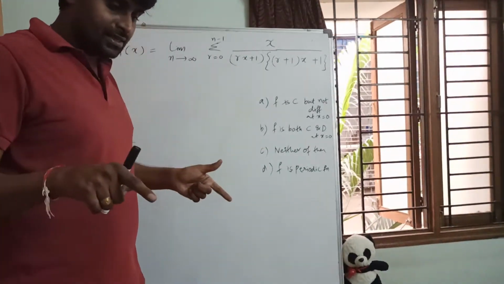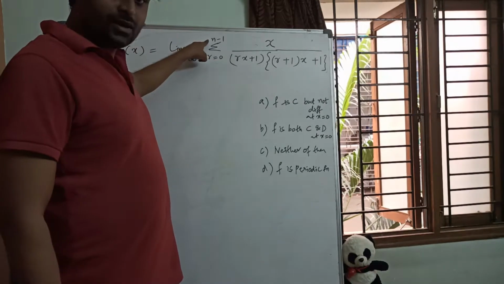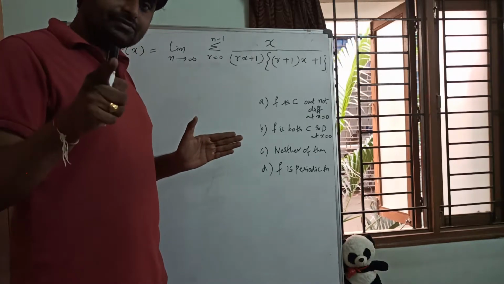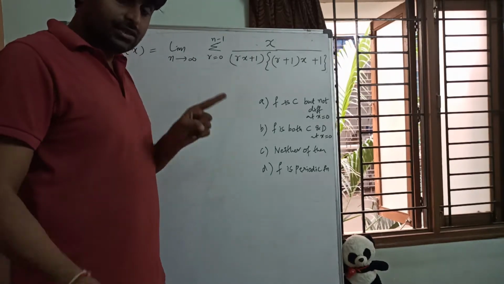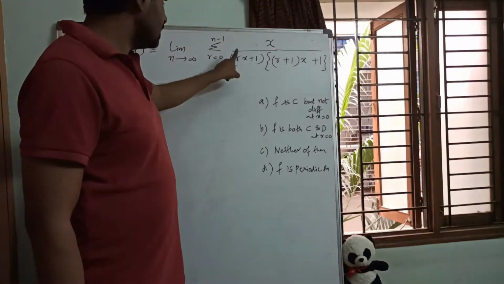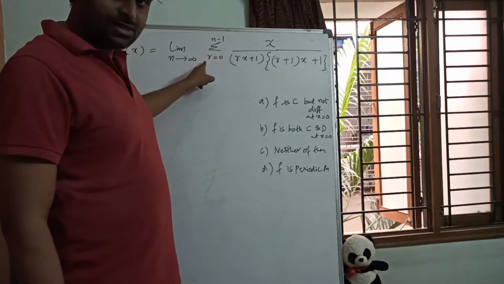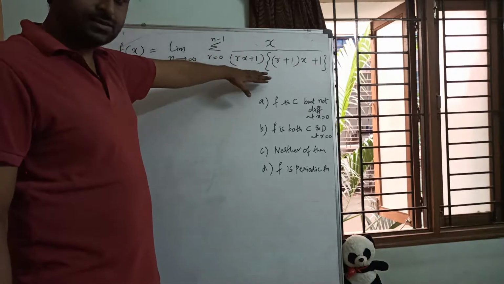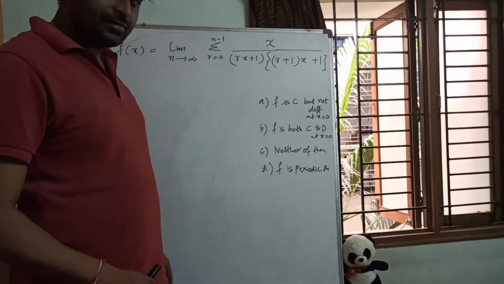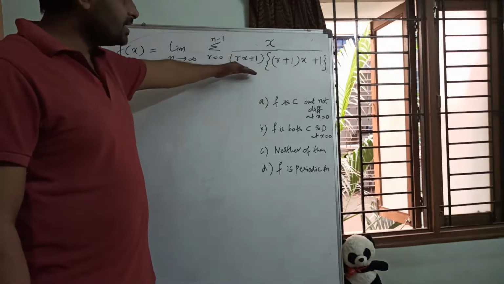Generally, in every series, if you start substituting values from r equal to 0 to some extreme value, all the middle terms will be cancelled. We are left with the first term and last term. That we have to remember in sequence and series. In every series, whenever summation is given, when you start substituting values from 0, 1, 2, 3 in the given expression, all the middle terms will be cancelled. We are left with the first term and last term. So that we have to remember, so that we can simplify this.